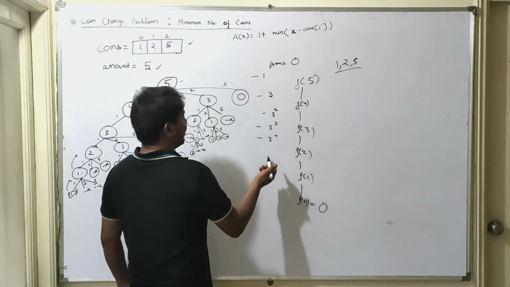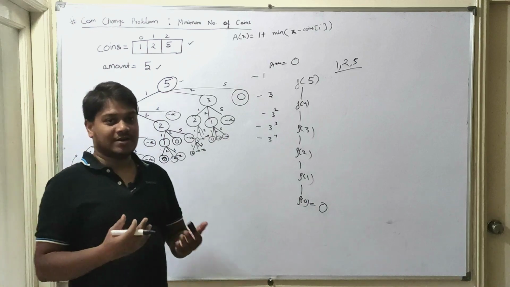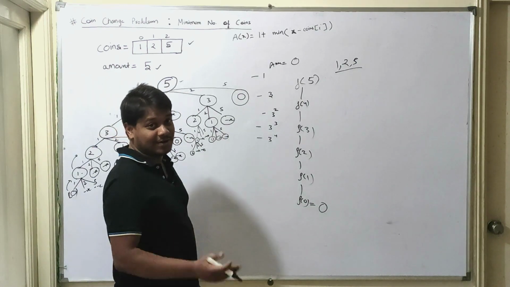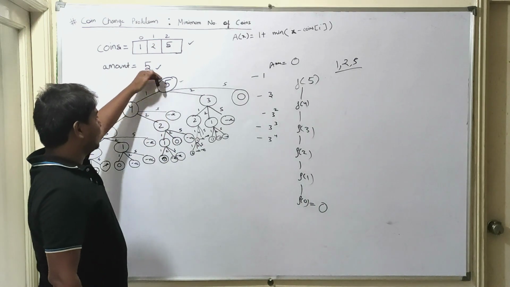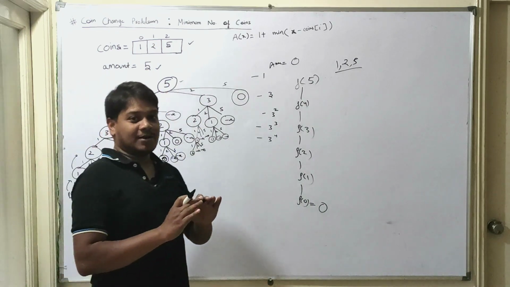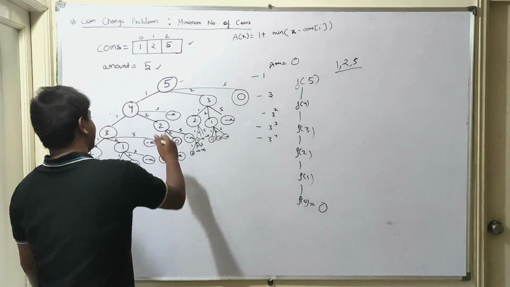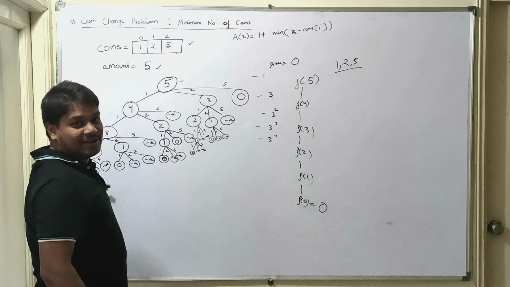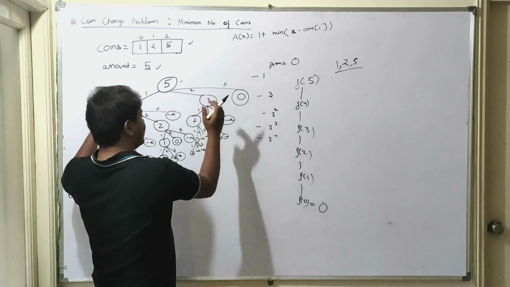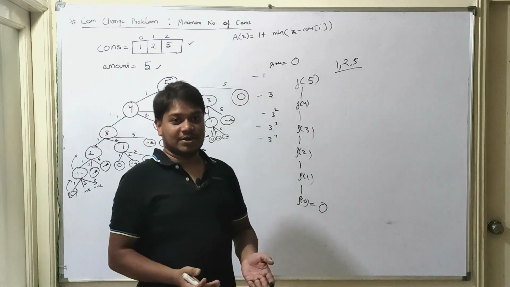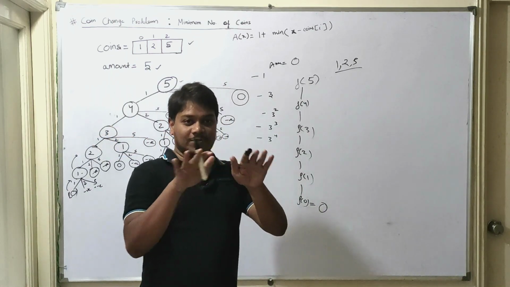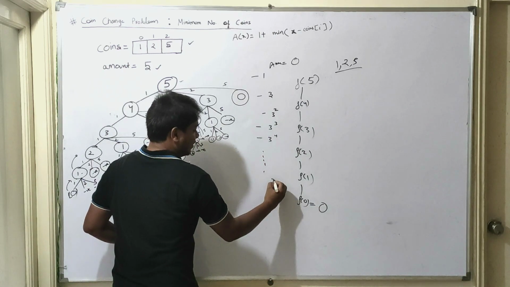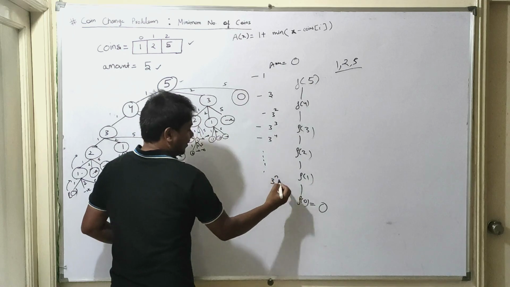So that depends on the number of coins that we have been given and the amount that we have to calculate. So if the amount that we have to calculate is 5, then at maximum we will go 5 levels down. See, 1 2 3 4 5. So 5 levels down we will go, and with each level, in the worst case scenario, we will be partitioning the problem into 3 smaller sub problems. So then it will be 3 power n.